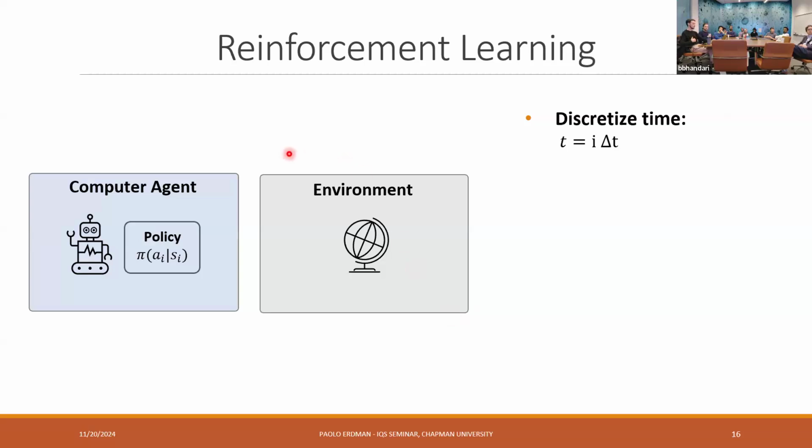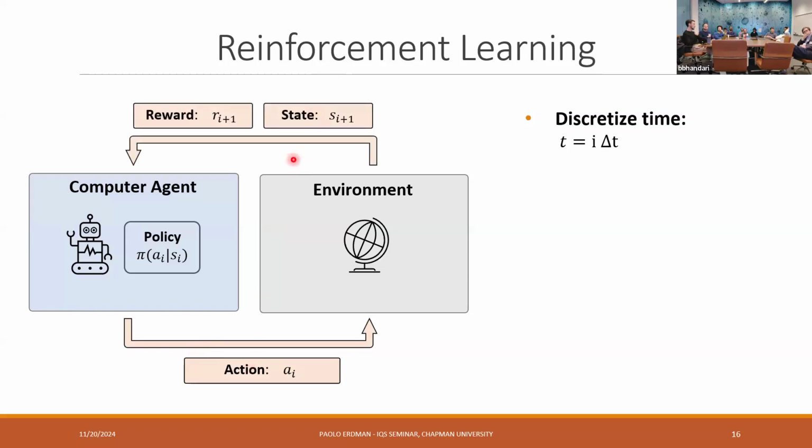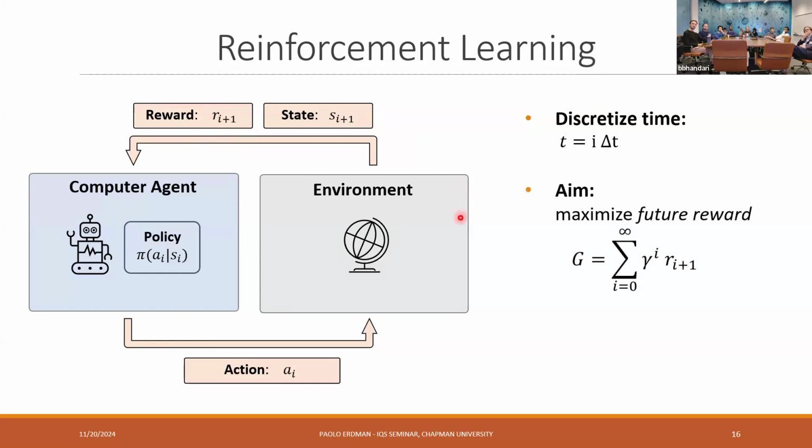So I'll say a little bit about what reinforcement learning is. This is a collection of algorithms or techniques that allows us to solve optimization problems formulated in this way. We have a computer agent that wants to learn how to master some task by interacting with some environment. We imagine that we discretize time in time steps, and in every time step, the computer agent can choose some action to apply on the environment. And then we receive as feedback the state after we apply our action. We also receive the reward, which is just a number, a quantity. The goal of reinforcement learning is to learn how to choose these actions such that you maximize the sum of the rewards that you will obtain in the future.